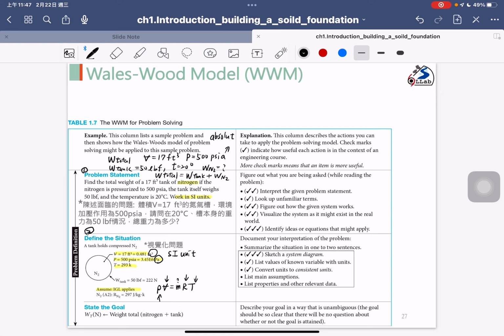Okay? So that's why we should make some assumptions to satisfy this, and then later we can apply the equations. And the third portion is the state goal. So that's why I put down the important thing: I need to compute the total weight. Okay? And then the next slide,